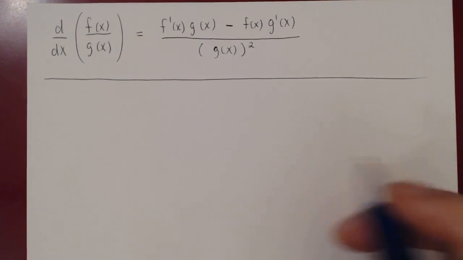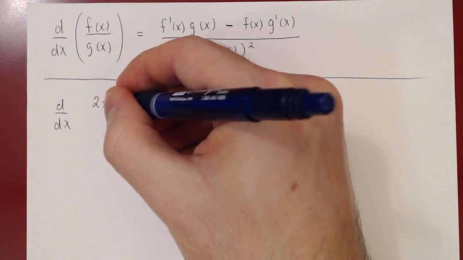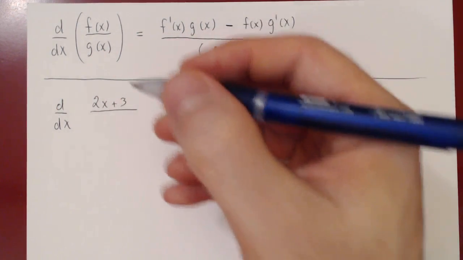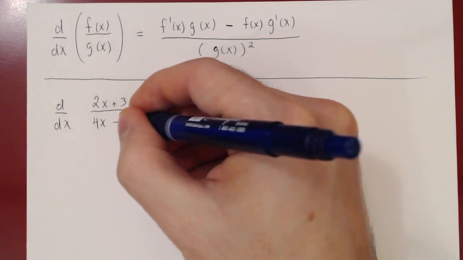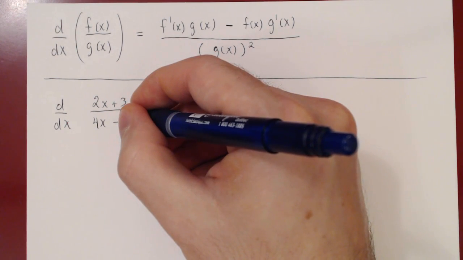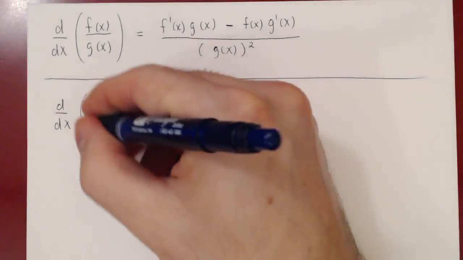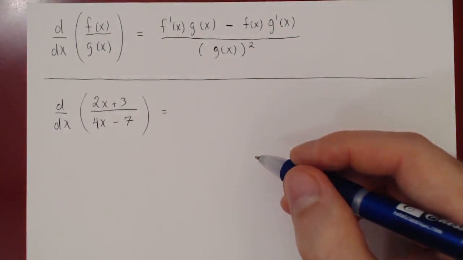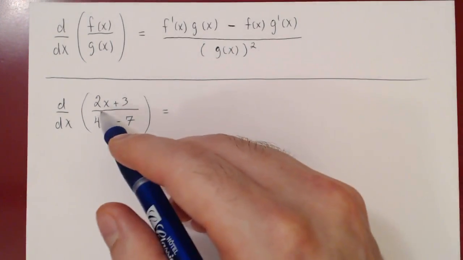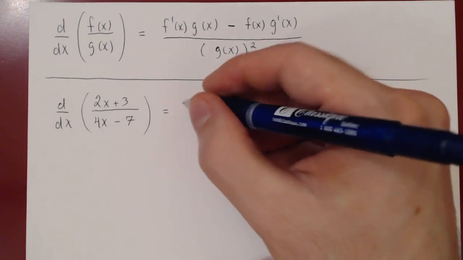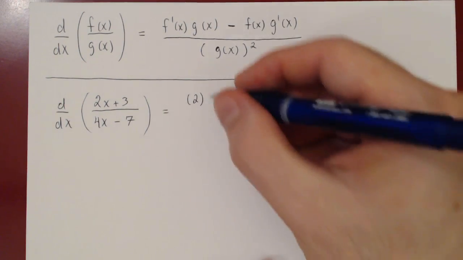Let's look at a few examples. If we look at the derivative of, say, 2x plus 3 over, let's go with 4x minus 7, say, then we can apply the quotient rule. We have a quotient. So the quotient rule says the first term is the derivative of the numerator. The derivative of 2x plus 3 is simply 2 times the bottom of your fraction, 4x minus 7,